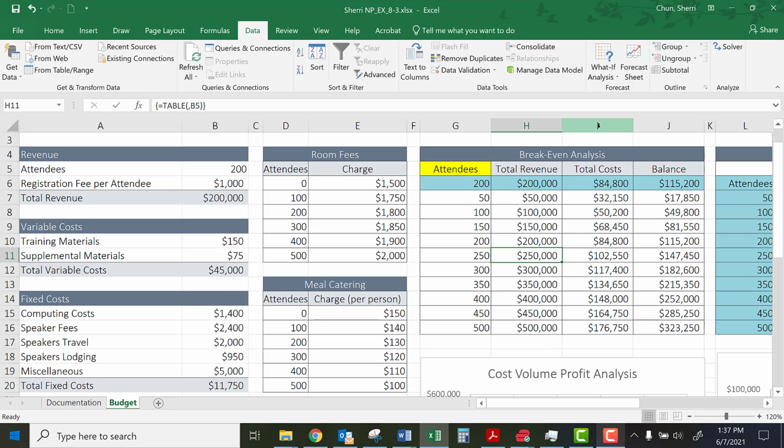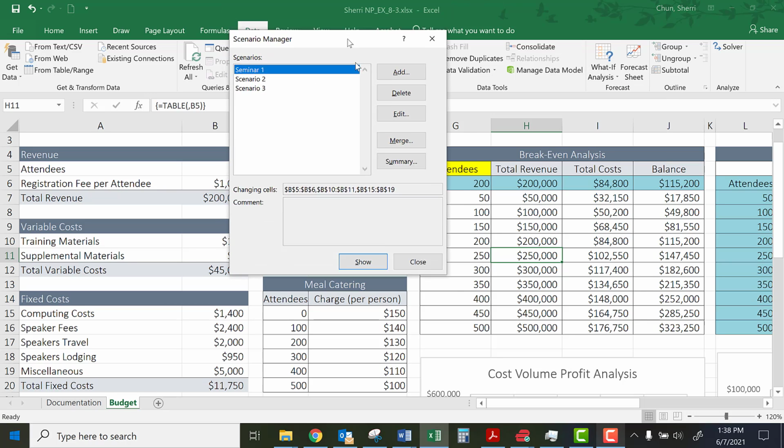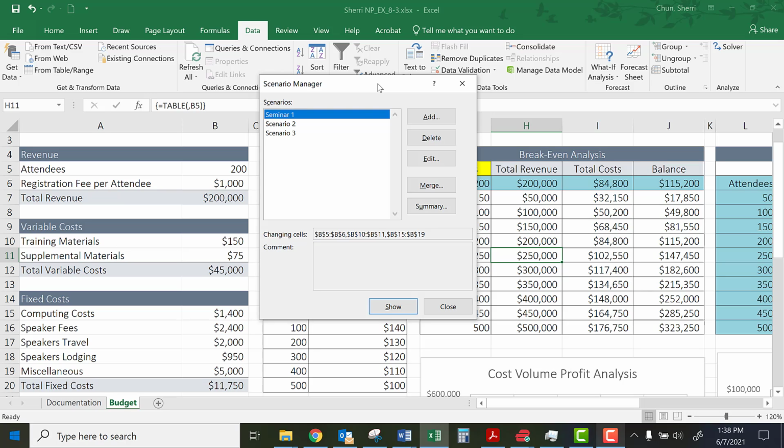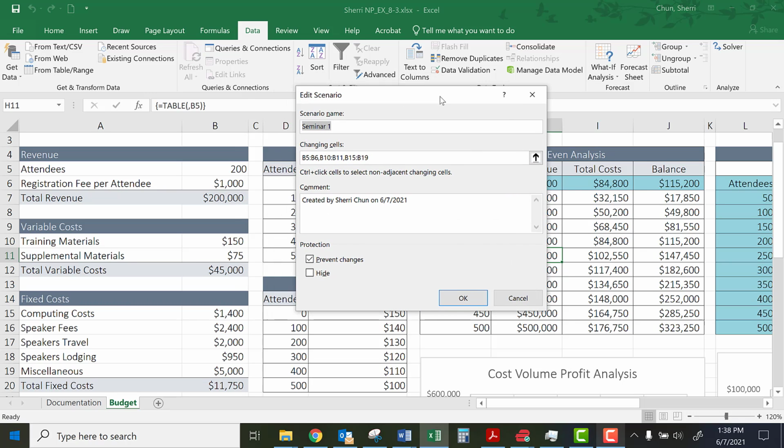So the way the scenario manager works, if I come up to What-If Analysis and click on Scenario Manager, you can see that I have already set up, oops, I made a mistake. It should be Scenario 1, 2, and 3, and I actually typed in "seminar" 1, 2, and 3. For each of these different scenarios, I can change these different cells. All right, so if I click on edit, let's go ahead and take a look at scenario 1. In fact, I'll change the name of it right now